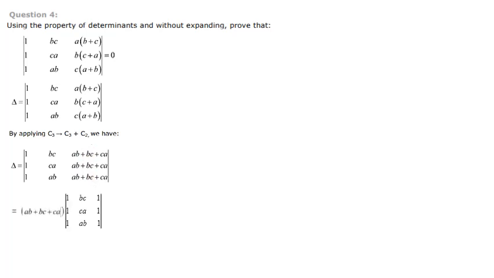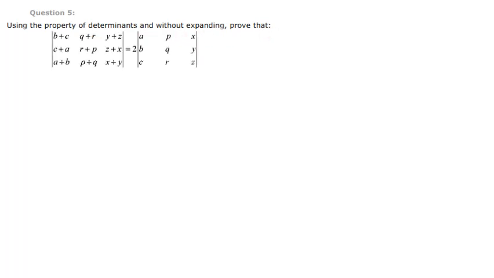Take out AB plus BC plus CA. When you take it out, the first column is 1, 1, 1, the second column BC, CA, AB same, and the third column also 1, 1, 1. So here we have got a determinant where two columns are identical. First column and third column are identical. Directly we can write as 0. So the determinant is 0. So the value also is 0 into AB plus BC plus CA, we are getting 0.